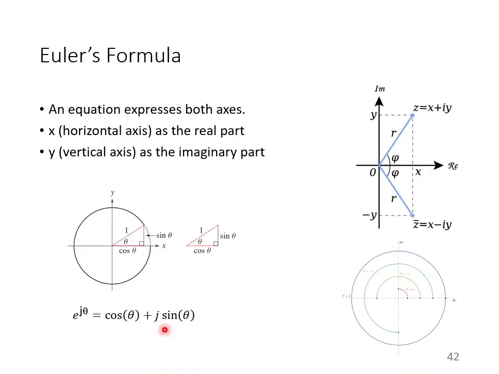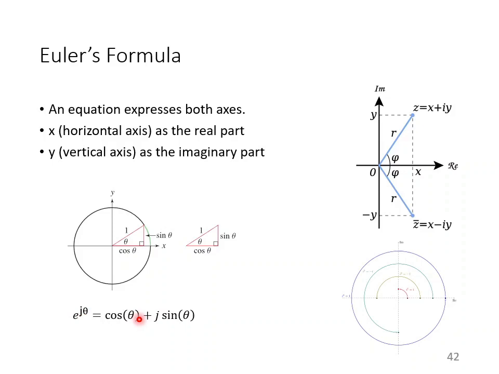In terms of this image, you can imagine j is the axis of the imaginary value. So this is positive j and this is negative j. So this is the positive real number and this is the negative real number. Okay. So take a look at this. Say j is the imaginary part, and if